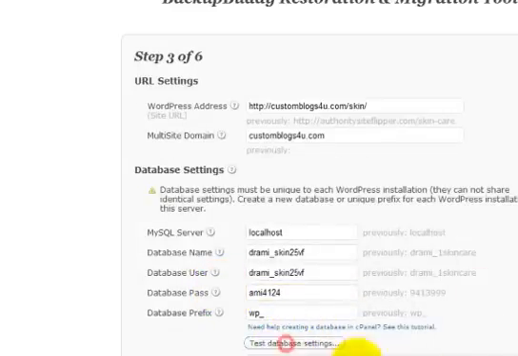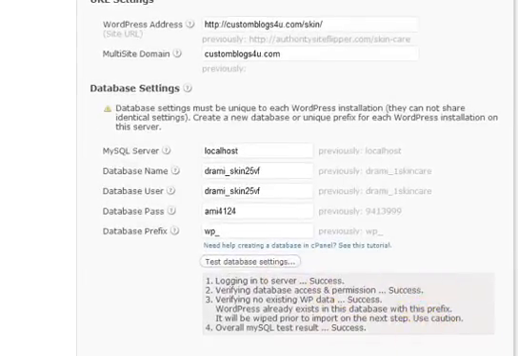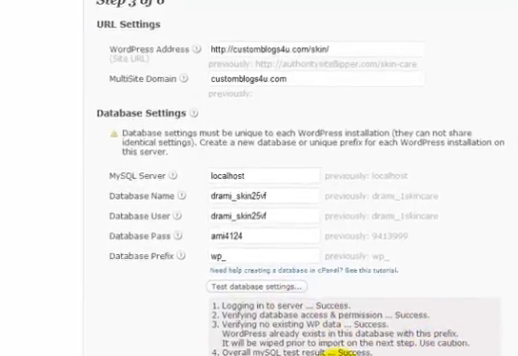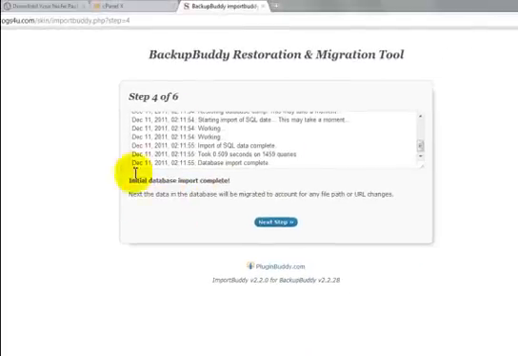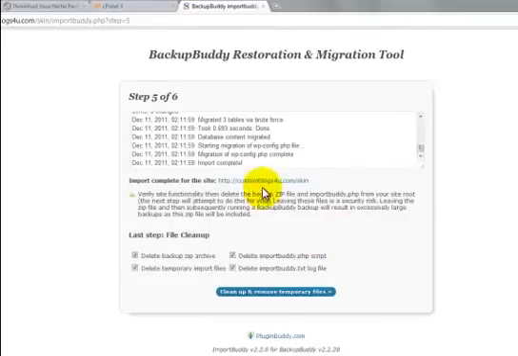Just check your database settings. Okay, successful. Everything is successful here. Just click on next step. Again click on next step. Click here to check your website.